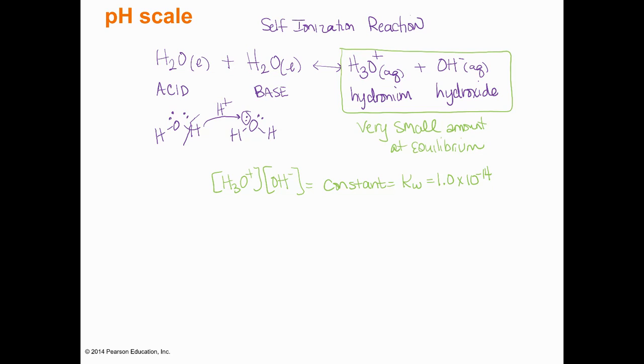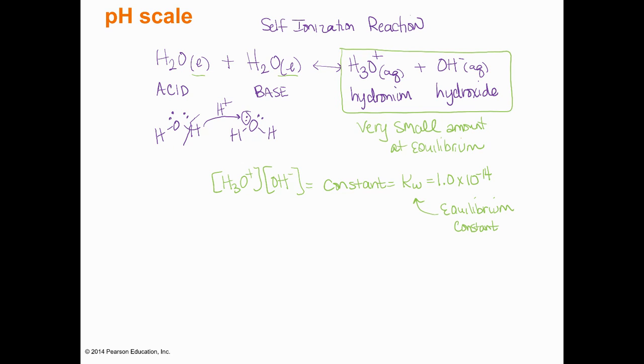So this K is called an equilibrium constant. And that K only includes the aqueous ions here. It does not include the liquids. And that's because they are in very large amounts, and they are in a pure substance form, so they're not